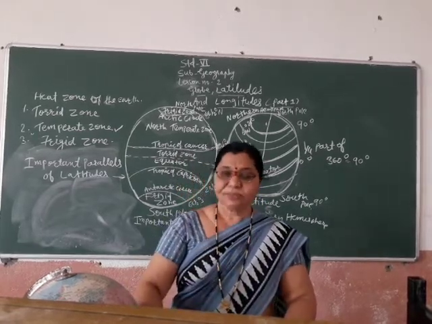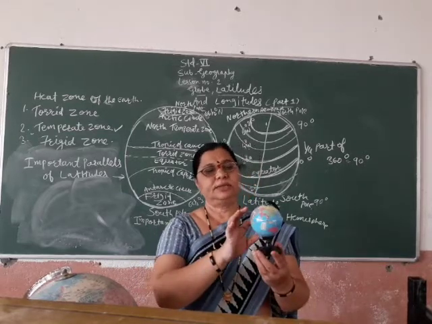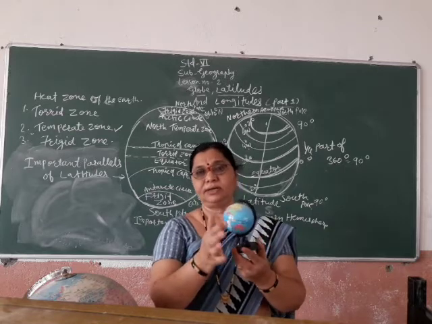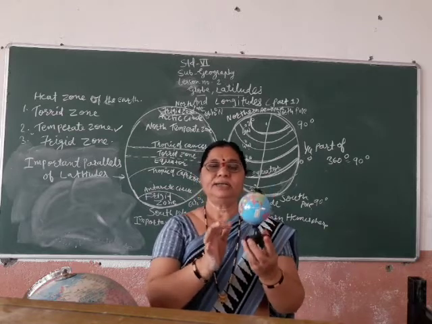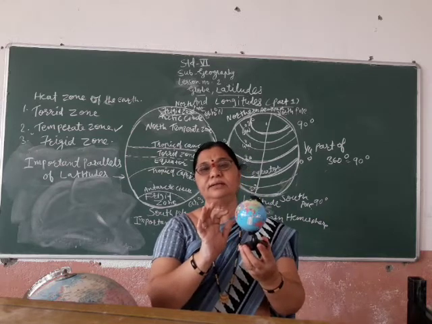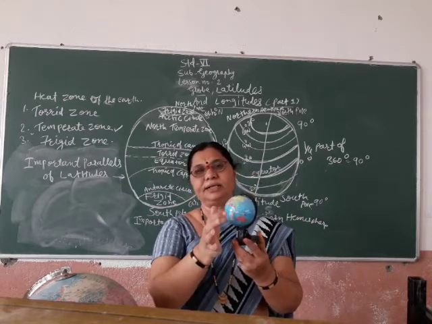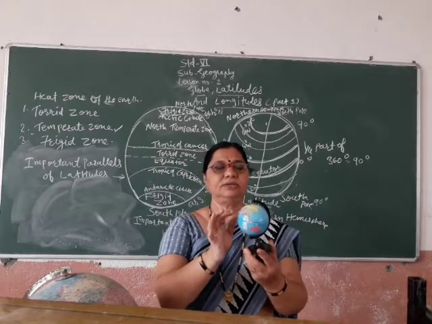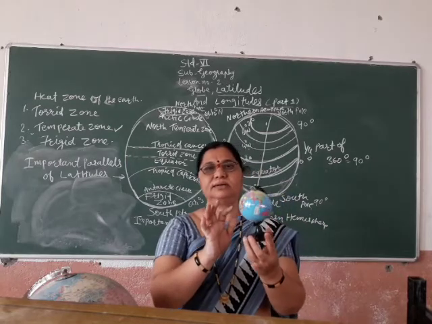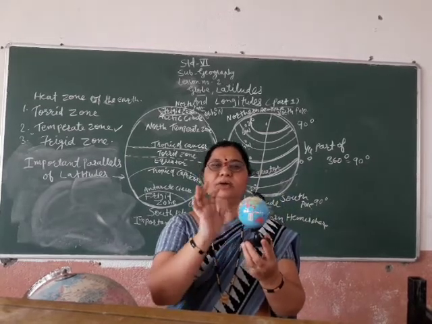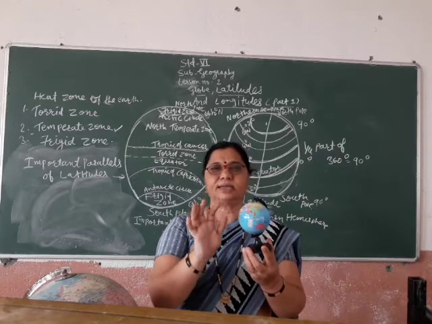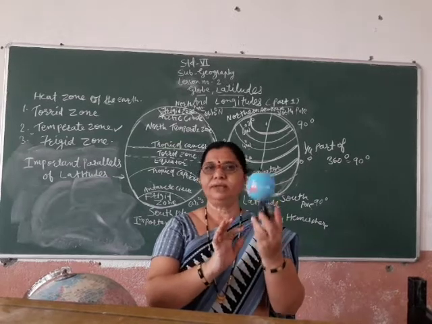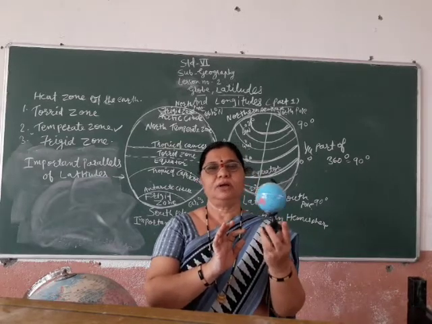Whenever we see the globe, we can see some lines: some horizontal lines, some vertical lines. Why are they printed on the globe? Because these lines are latitudes and longitudes. Understood? The globe always tells us the correct size of the countries, the continents and the oceans. If we know the globe, then we can understand everything on the earth.